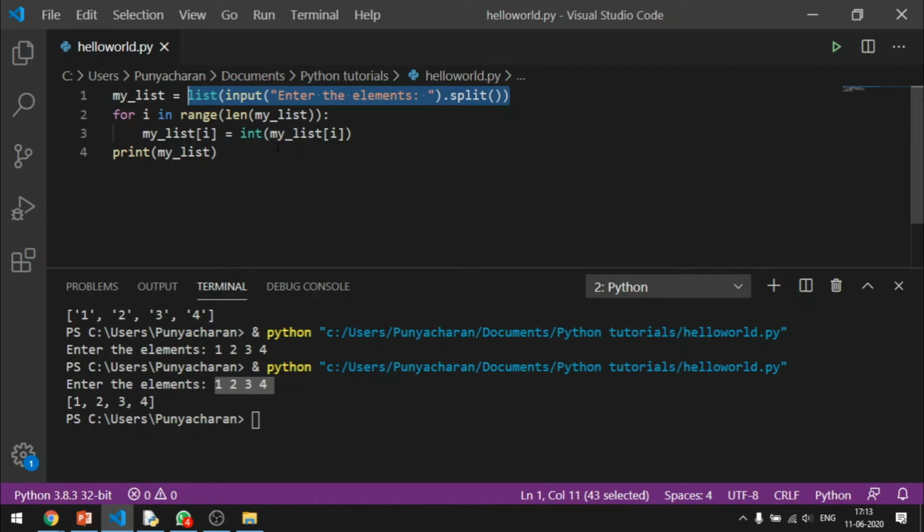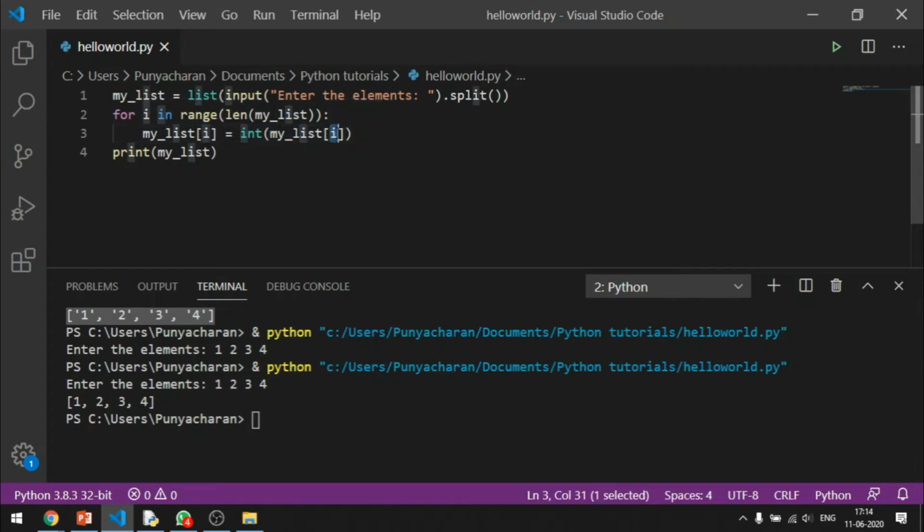Then moving ahead, you have a list of strings, just like this. What you want to do is convert these elements into integers. You don't want strings. So you're going to iterate through the list and convert each and every element of the list into an integer, and store the same value in the same place. You pick up the string 1, convert it into an integer, then place that integer in the same position, the position being i itself.